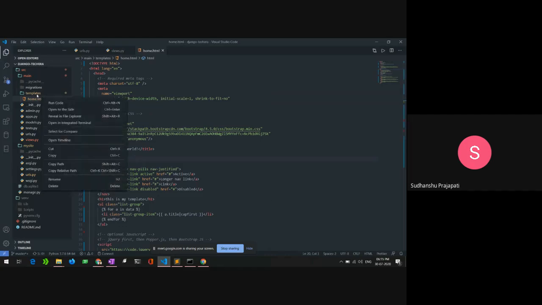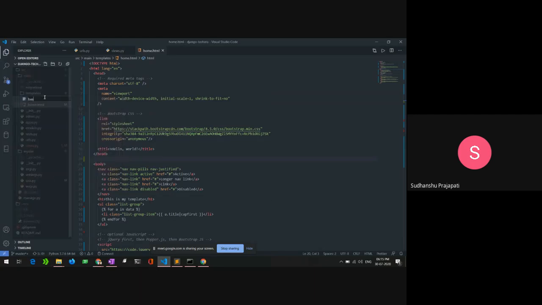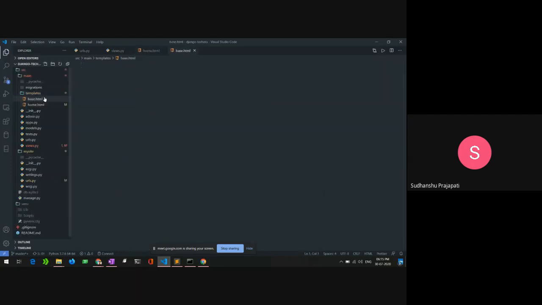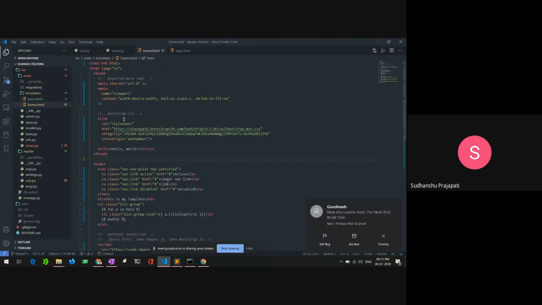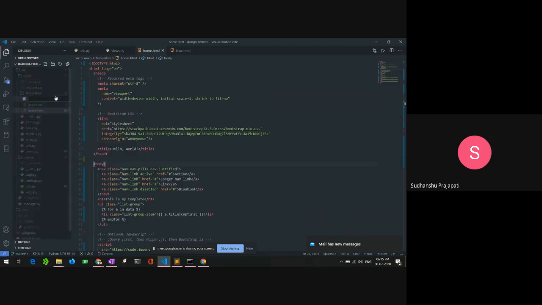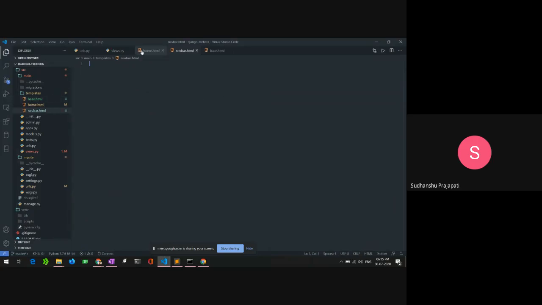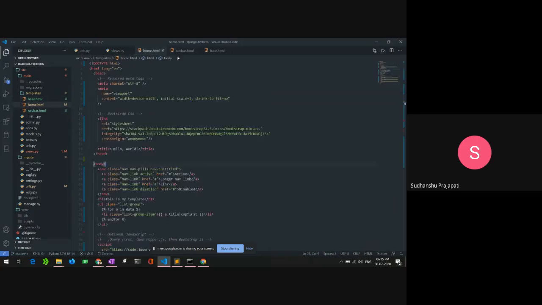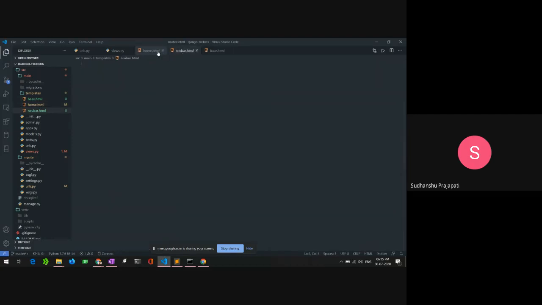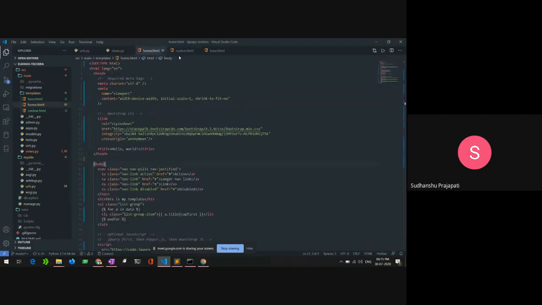I will create a file named base.html. That will be our base template, and we will inherit from it. And let me show you how. Let me create one more file, that is navbar.html, to show you how we can include a part of HTML from another HTML file inside another HTML, and how you can inherit the HTML, and how template inheritance in Django works.